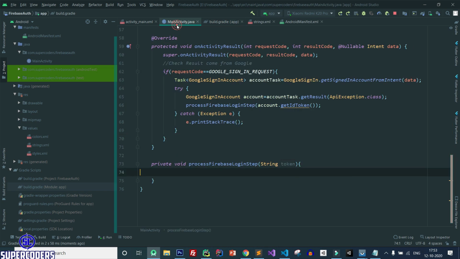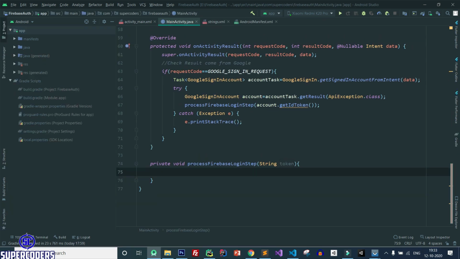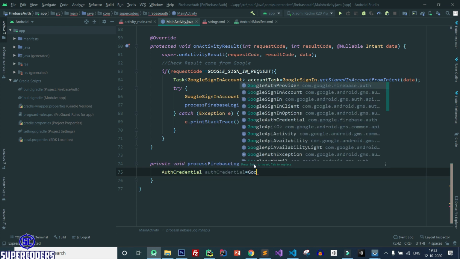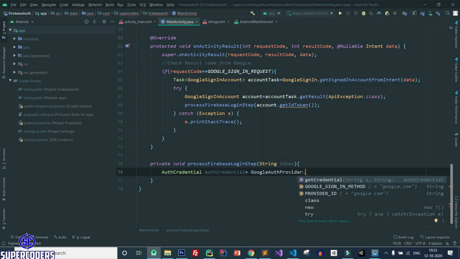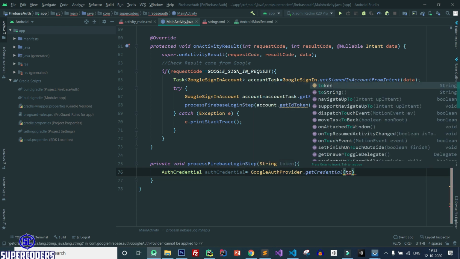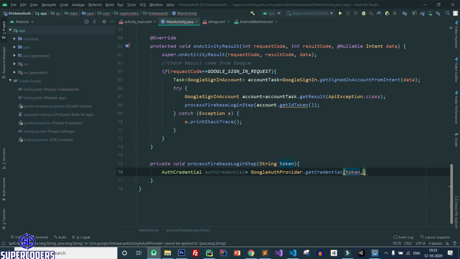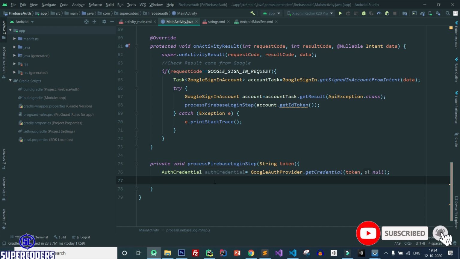Now come to MainActivity. Now we need to create an AuthCredential object. So AuthCredential equal to GoogleAuthProvider.getCredential and pass the token. After that pass null. And here we need to call another method, which is Firebase.